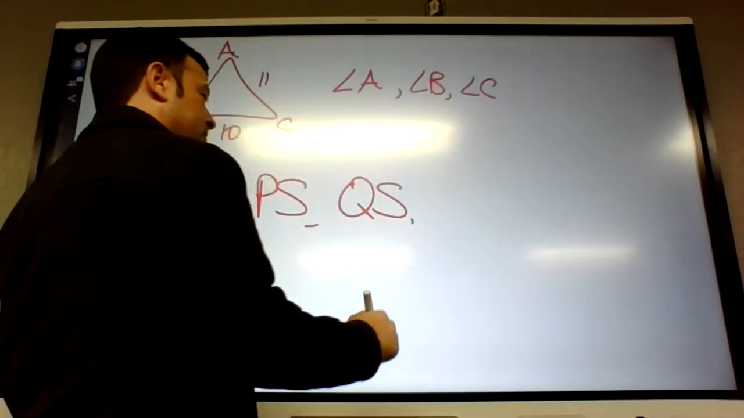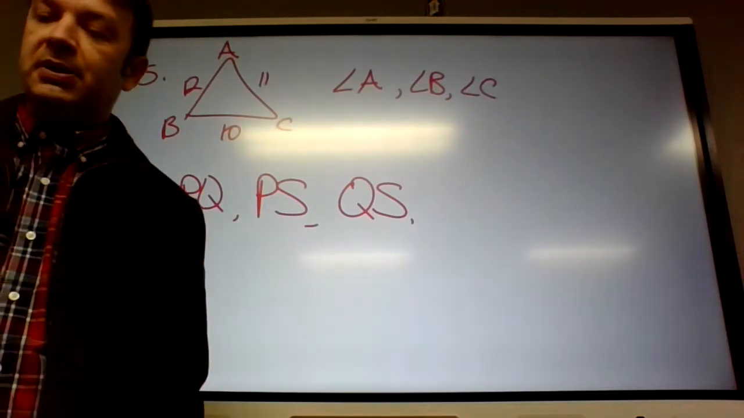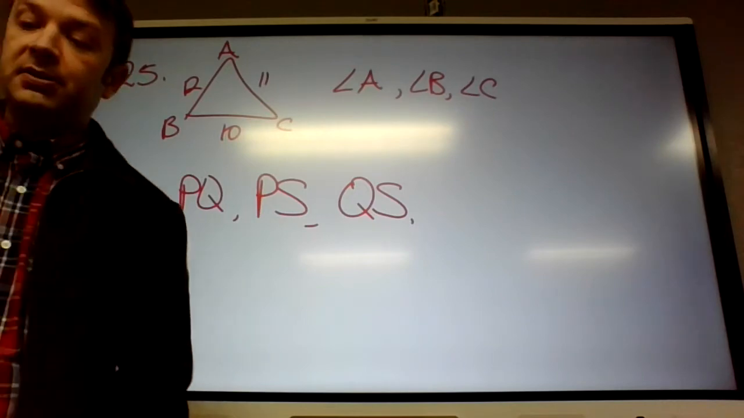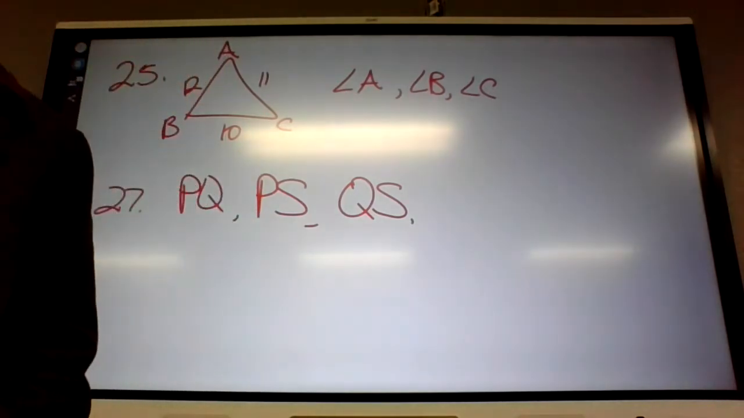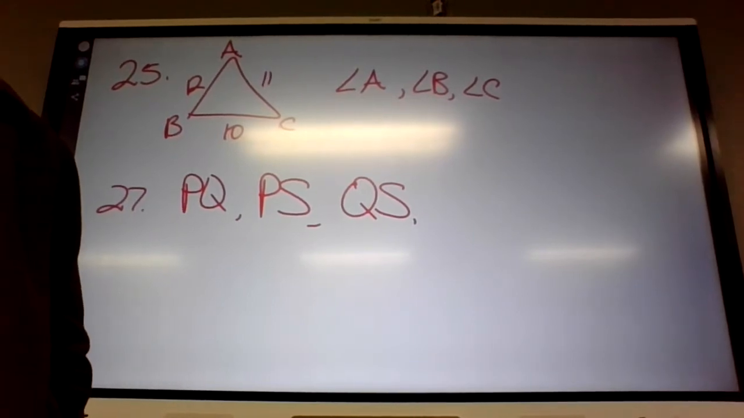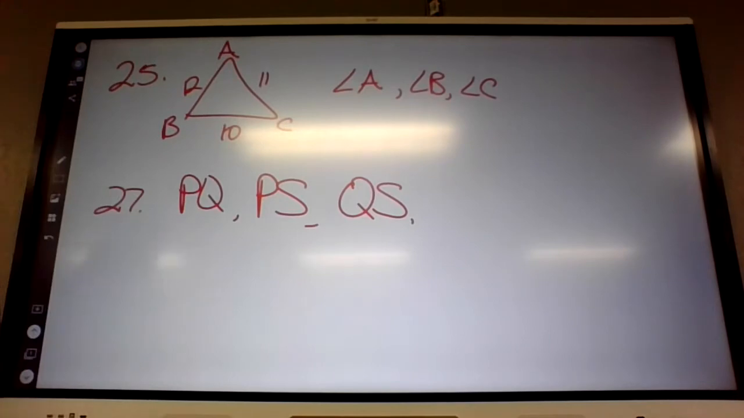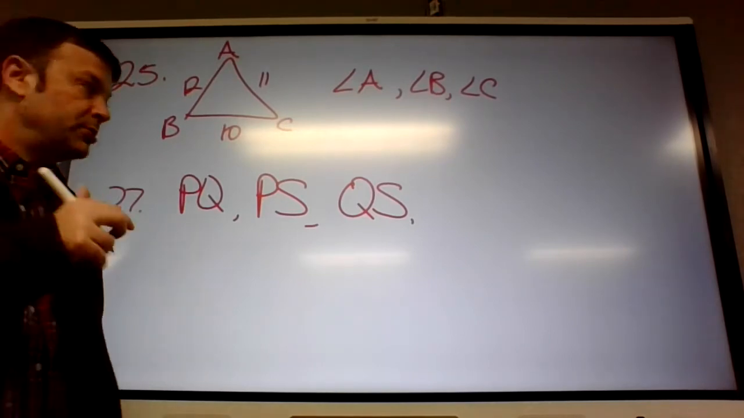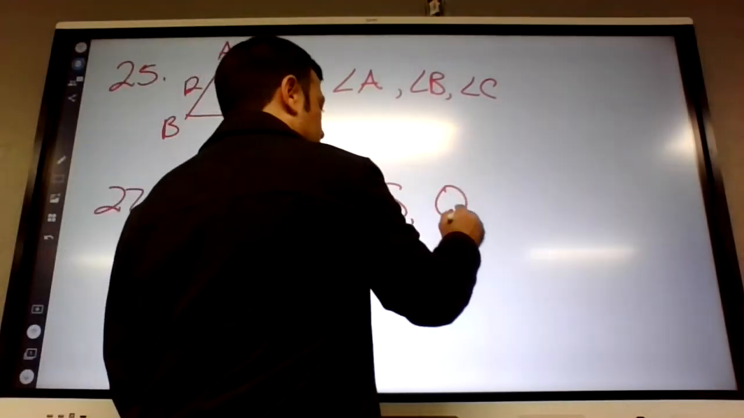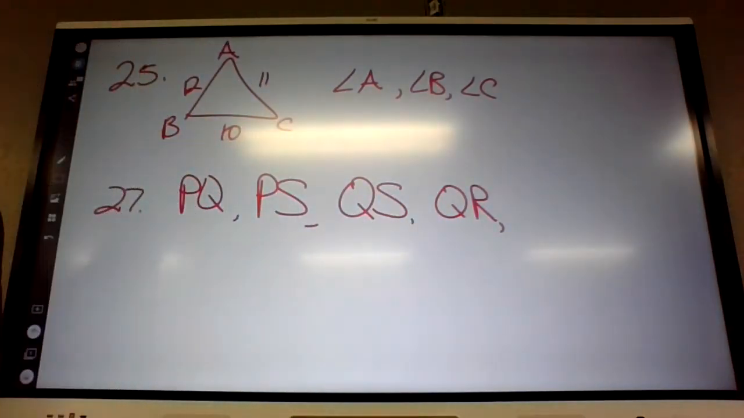What's the small side on the right triangle? QS. We already got it though, so we don't need to write it again. So what's the medium side on the right triangle? x plus 1 would be between x plus 2 and x minus 3. x plus 1 opens up to QR. And what's the biggest angle on the right? x plus 2, that opens up to,